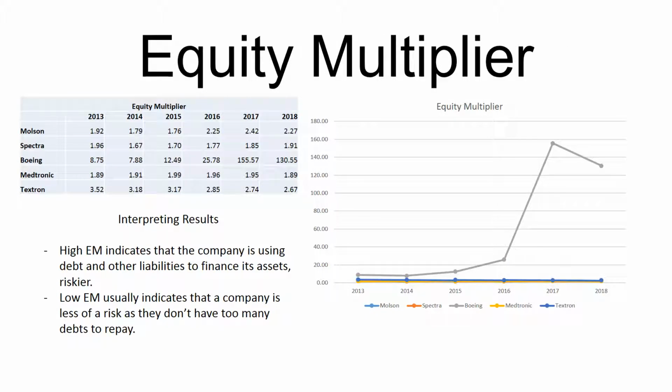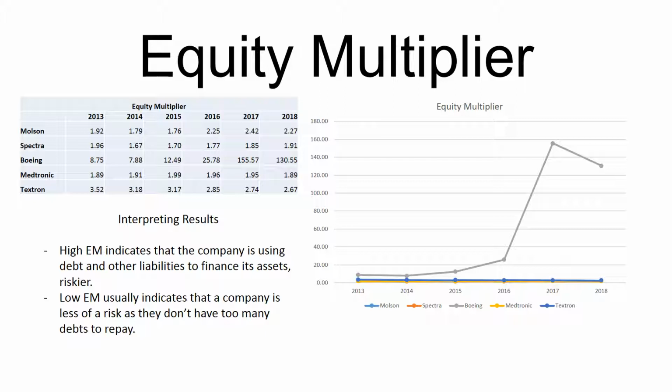Furthermore, whenever analyzing the equity multiplier, it's really important to keep in mind that a high equity multiplier indicates that a company is using debt and other liabilities to finance its assets, making a company riskier to invest in. Boeing is a clear example of this. We can see